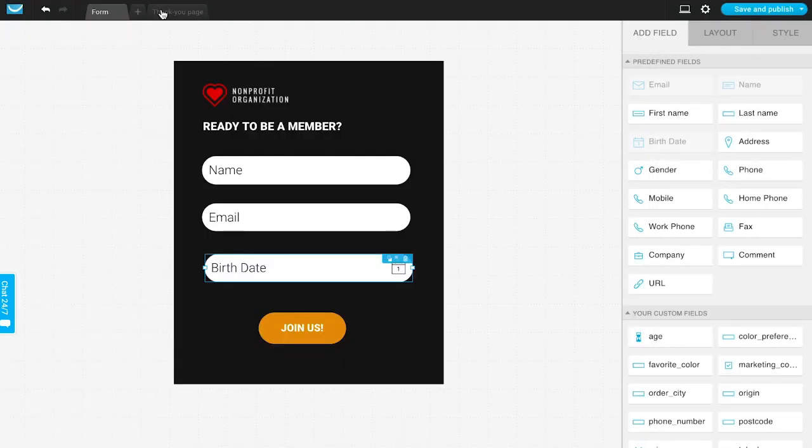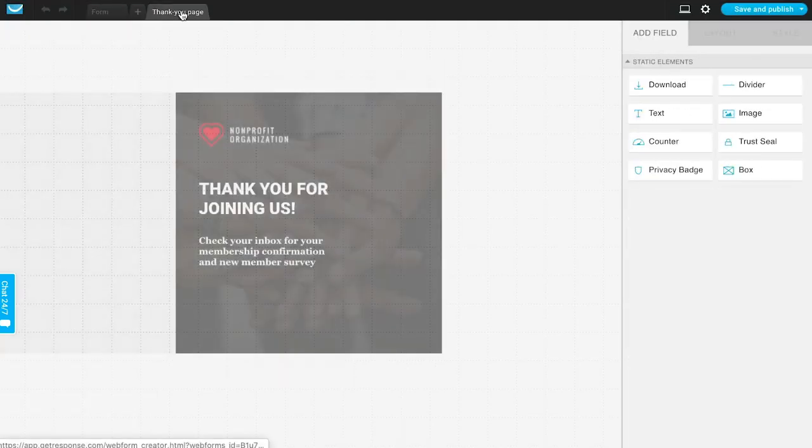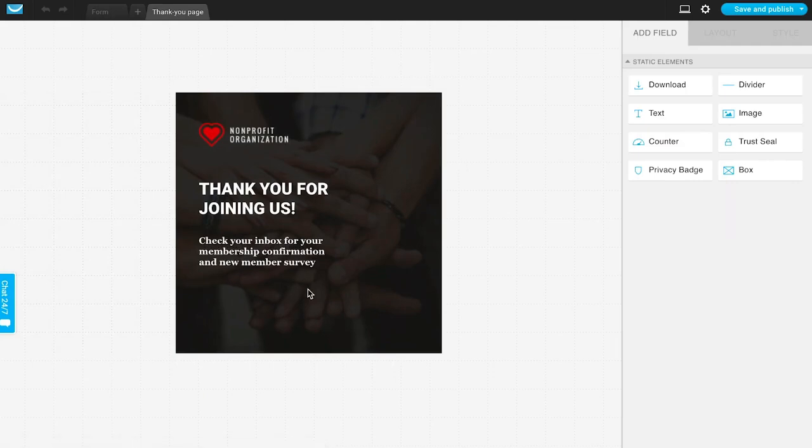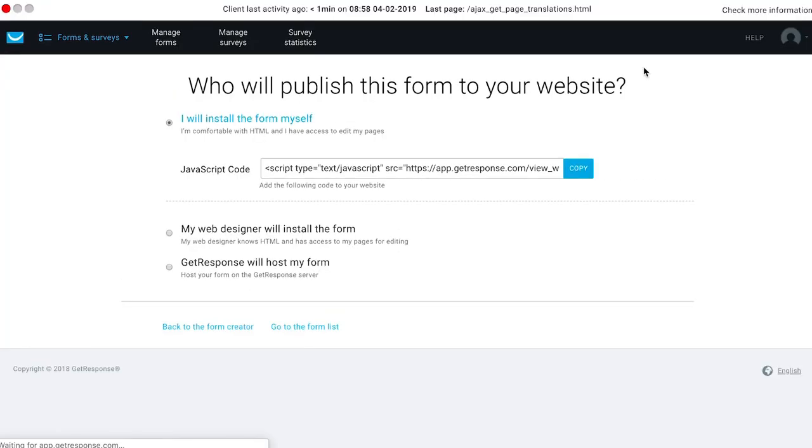And as promised, if you chose default, this is the thank you page. So whenever someone would submit the form, automatically the form would basically reload instantly, and they would see whatever it is that you've input here on the thank you page. And so we'll quickly go to Save and Publish here, and we can view a bit more of what that will look like, which is of course a very important step, which is how you actually will publish this form